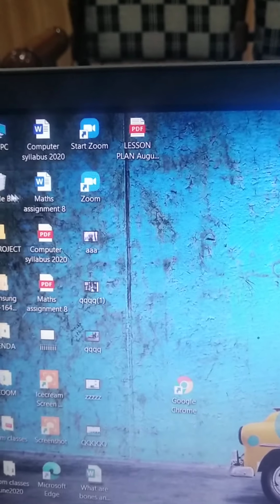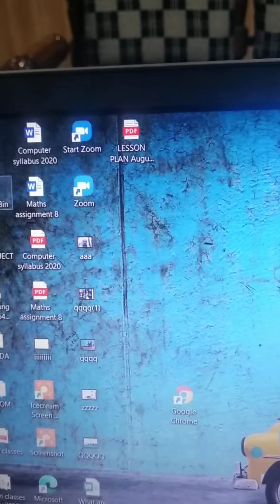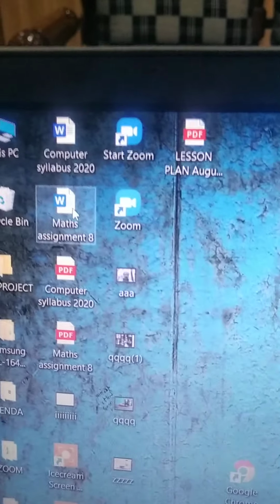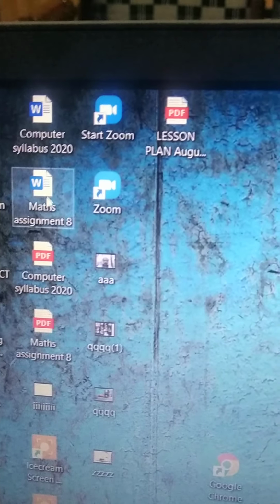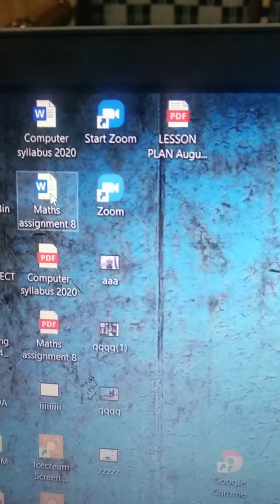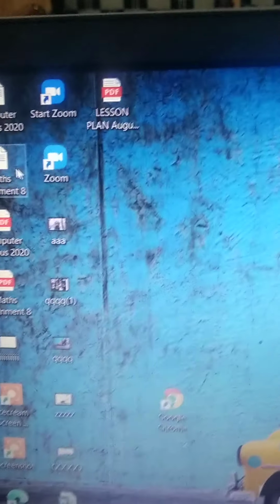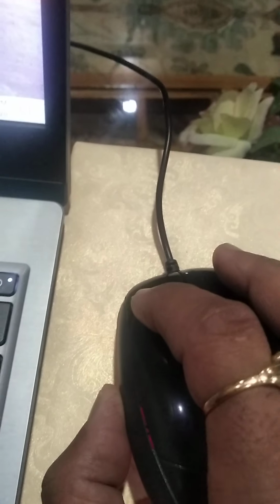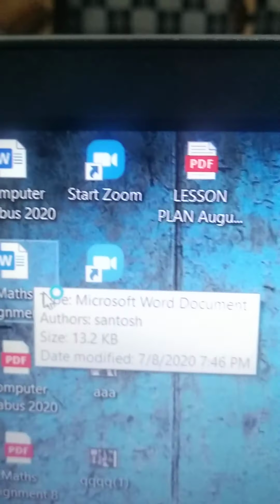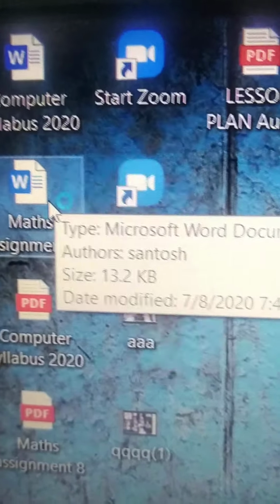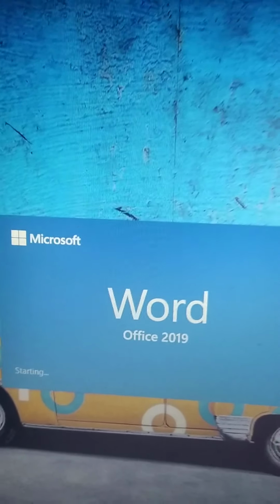Now if I want to open the recycle bin, or let's say there's a maths assignment, how to do this? Again bring the mouse pointer here. Now press the left button twice. That is called double clicking. Let me bring the mouse pointer and I'll press it twice quickly. Now what's happening? It's opening. It's taking time. Yes. So to open a file or any item or icon, that is called double clicking. So how to do double clicking? Simply, yes. Can you see? So this is open now. I can close it. So to open a file or document, you have to double click.